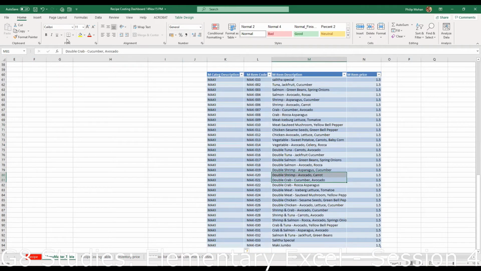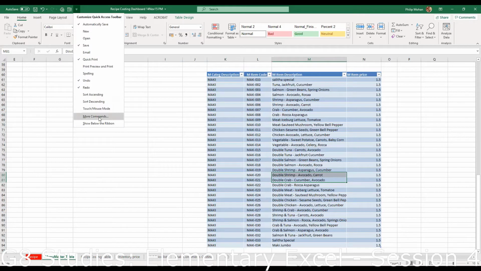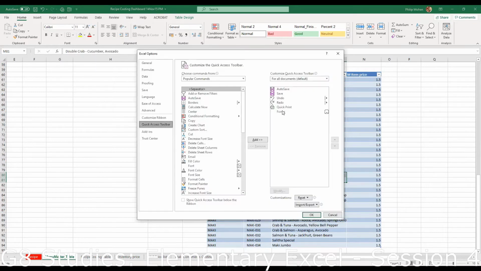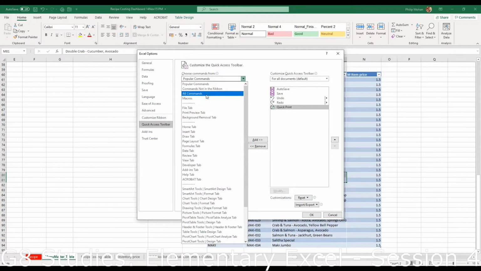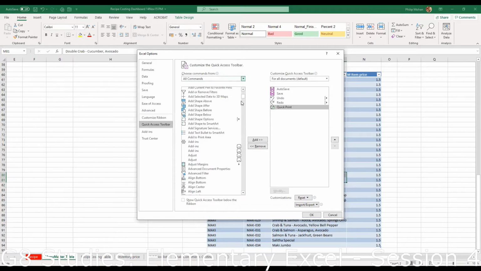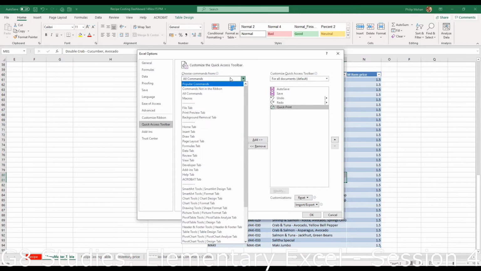Let me try. No, something went wrong. Let me just see. We have to move it. All commands. I think you can type F and it'll go to, yeah, it does, but no, that's not what I want.